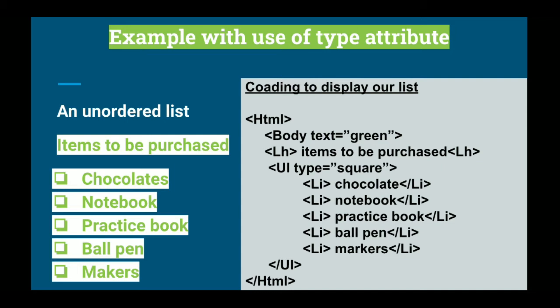Just go to the opening UL tag and along with the UL you just specify the type attribute. And here as a type attribute, in the double quotation marks specify the value square. This is the only change in our second example. Rest of the things are just the same only. Now just save the file again and go to the browser and refresh your browser screen. Then after, your list will be visible with the square symbol. So this is about UL tag.